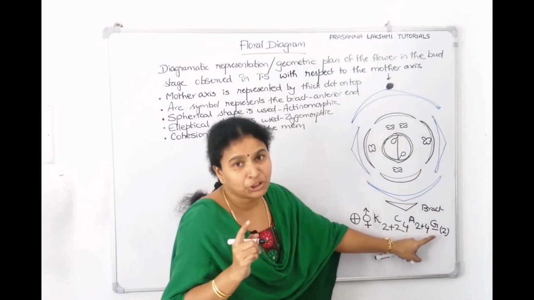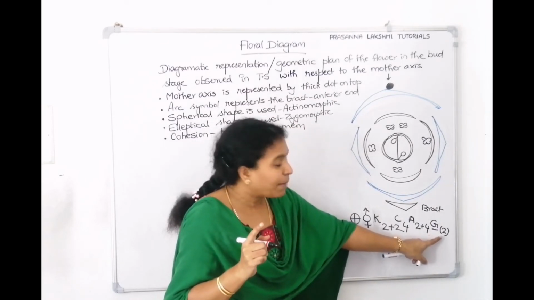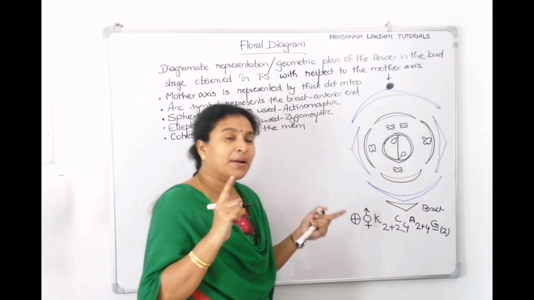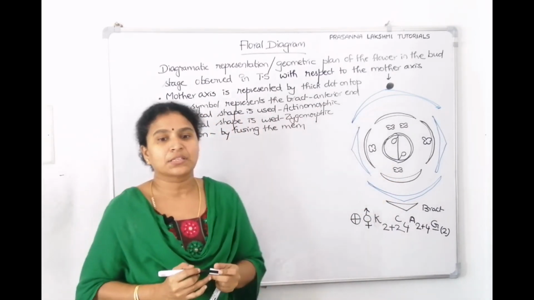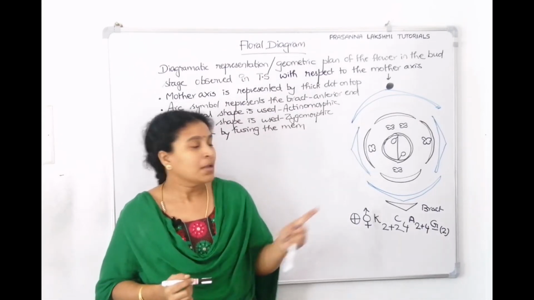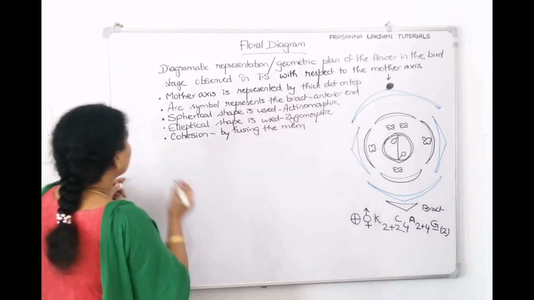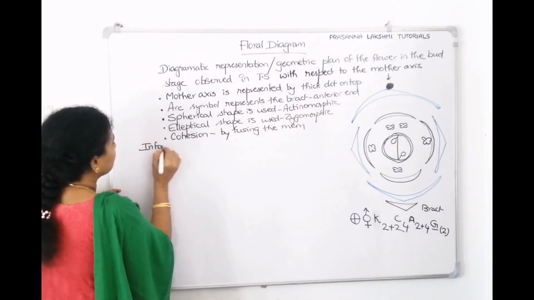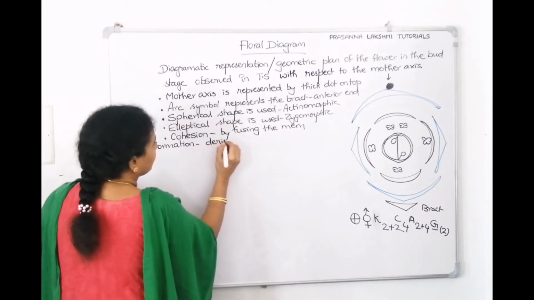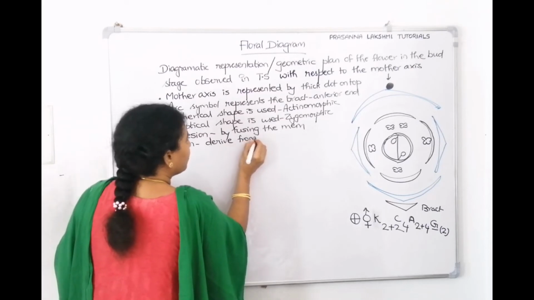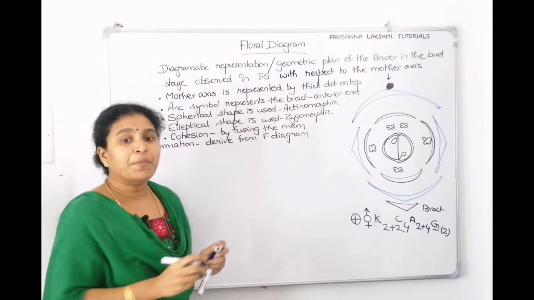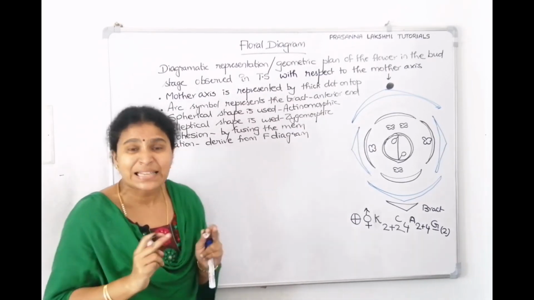And then gynoecium position also we are coming to know, superior and bicarpellary syncarpus. Placentation also, which is not derived from formula, in floral diagram we can derive this. So what information we are getting from the floral diagram? Come on, tell me. Various parts, right? So we'll write here. What information we can derive from floral diagram? So we can gather information about various floral parts and their relations.